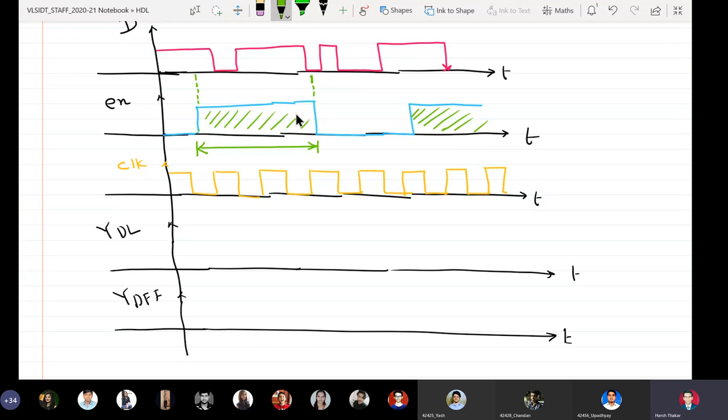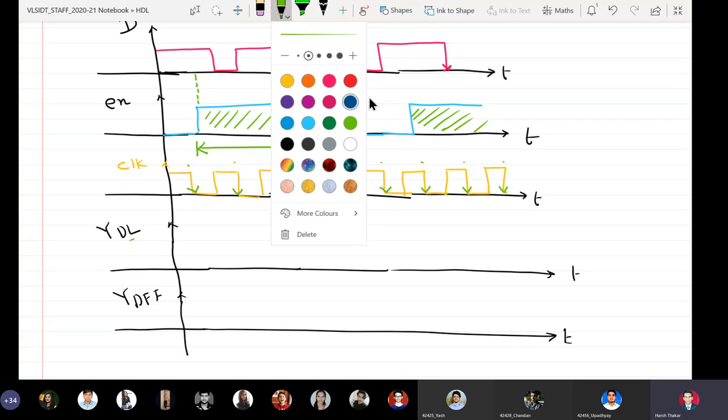Okay, so as I told you, we have to mark the sampling interval for latch. For flip-flop, what is the case? So for the falling edge of clock, we have to mark the sampling instance. So in order to draw the output waveform of D flip-flop, I have to mark the sampling instants, right? So all falling edges are sampling instants. Sampling instant 1, 2, 3, 4, 5, 6, 7, and 8. So for D flip-flop output waveform, we have to mark the sampling instants, and for D latch, we have to mark the sampling interval. Okay. So based on this particular concept, what I will do is that I will draw this.